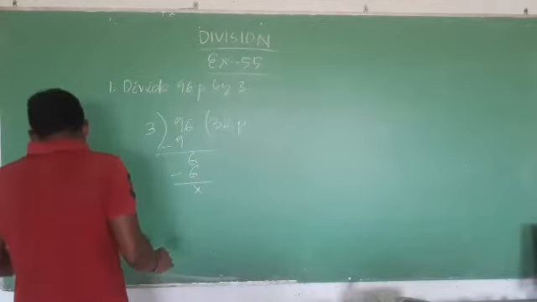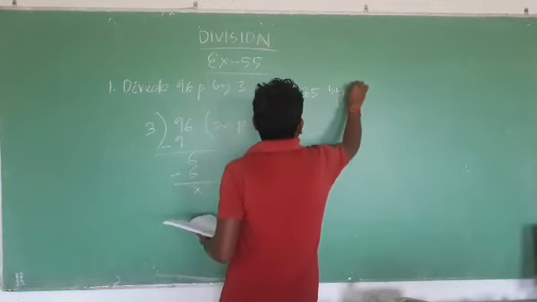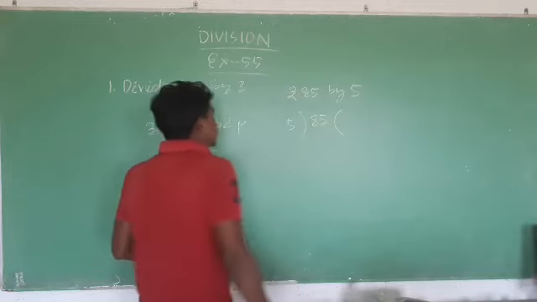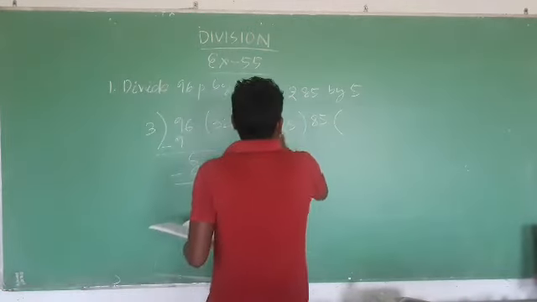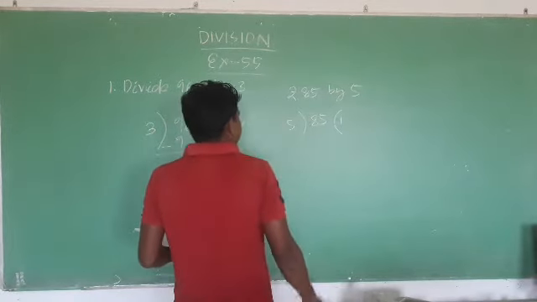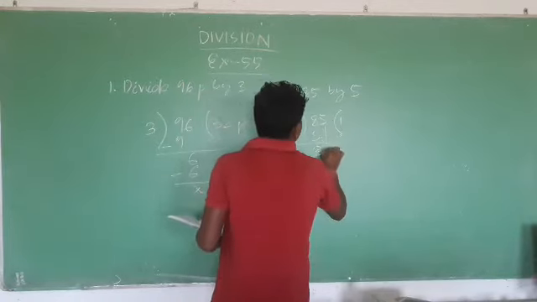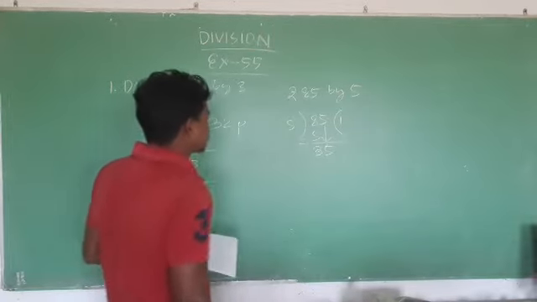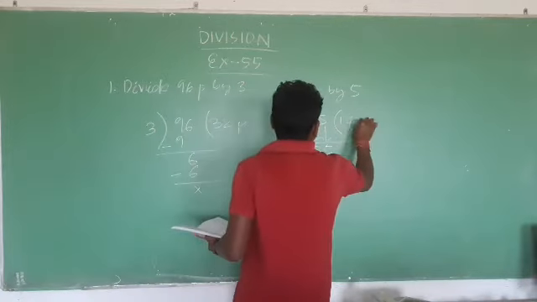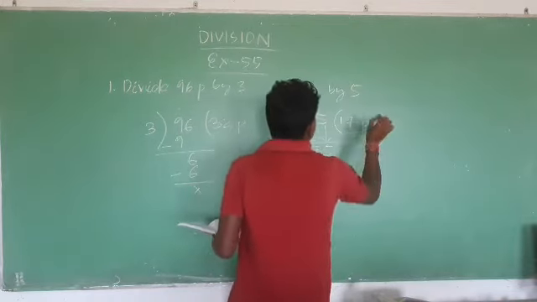Okay. Again divide rupees 85 by 5. Similarly 85 will be the dividend and 5 will be the divisor. In the table of 5 there is no 8, or 8 doesn't come. So we will take below 8, 5 1 is 5, then 3 and then comes 5. Now in the 5 tables look for 35, 5 7 is 35. Okay, 0. So this quotient will be our answer.